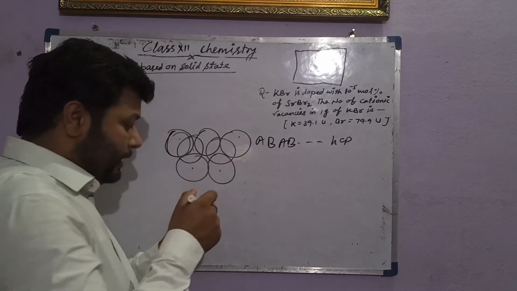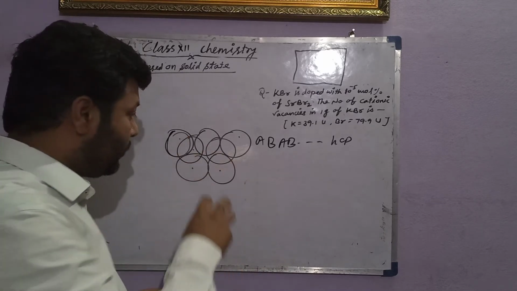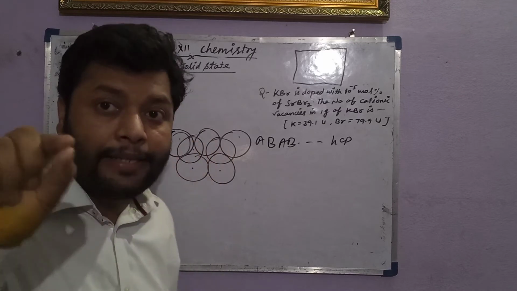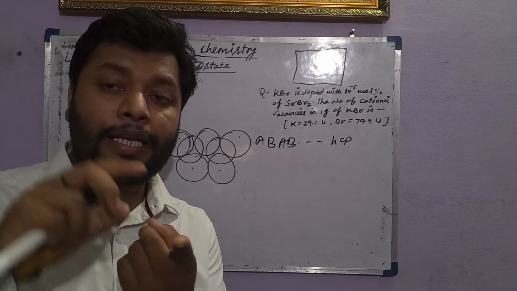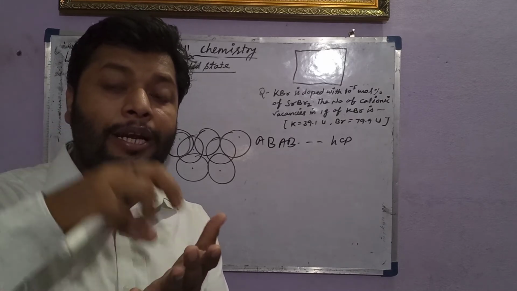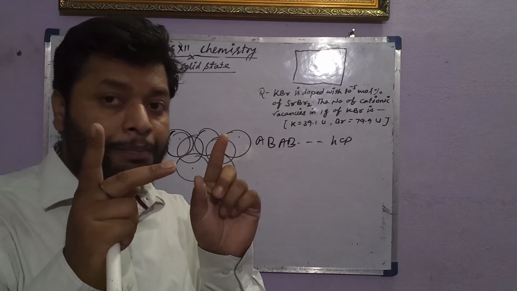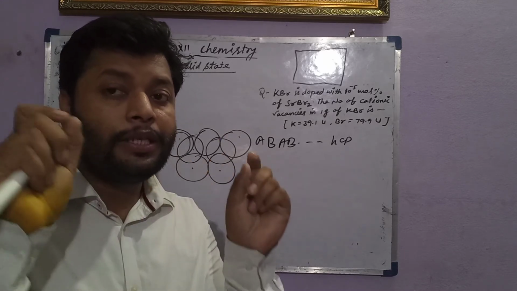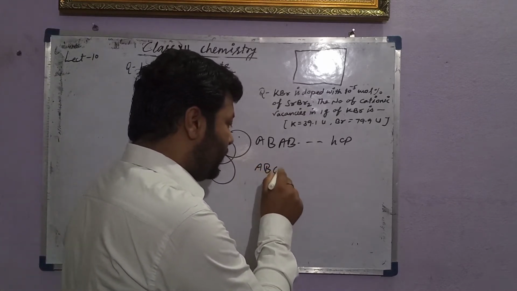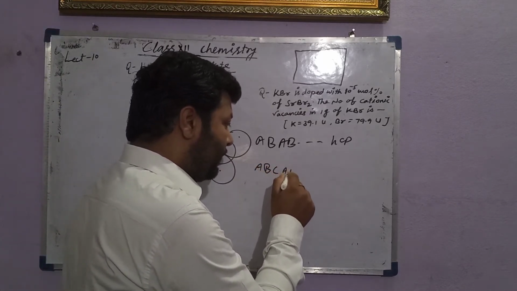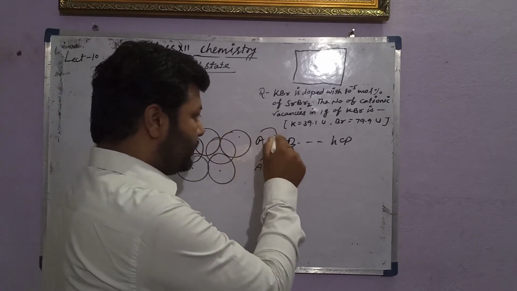And the next thing is, if the third layer particle again takes a position from the white left in the second layer, learn this. If the third layer particle takes a position from the white left in the second layer, then the third layer and first layer must be different. So that is called ABC, the third layer is also different, but the first layer will be similar to the fourth one. That is the difference.